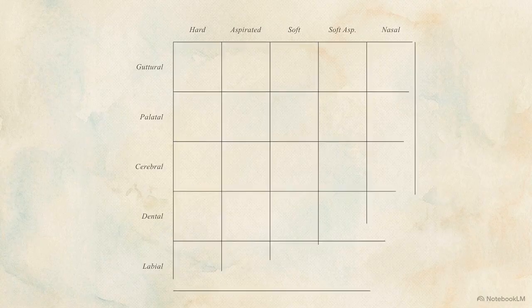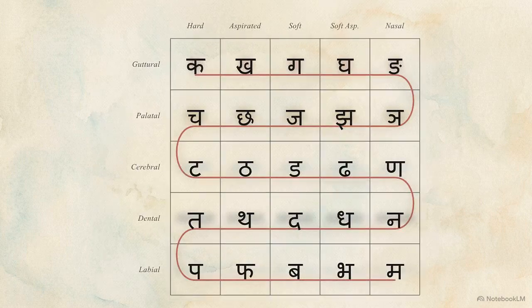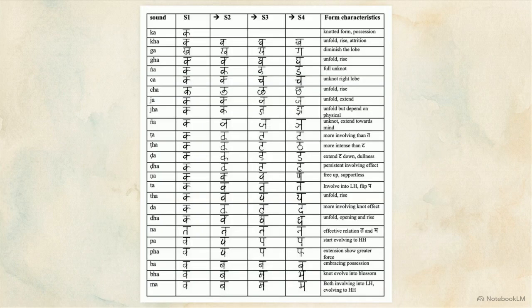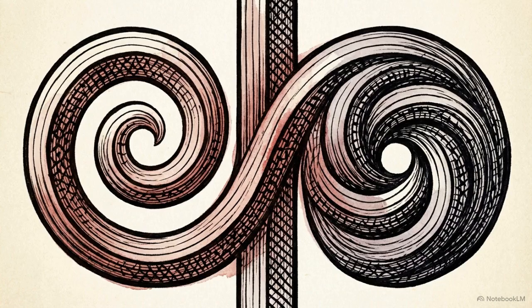We can trace these established rules across the 5x5 consonantal grid to see if the characters physically untangle themselves as the sounds evolve. This matrix analyzes the structural characteristics of the consonants. We start with the guttural ka, representing the absolute culmination of involution, the densest point of physical matter. The anatomy of ka follows the rule, featuring a prominent left spiral for the mind and a closed right knot for life bound in